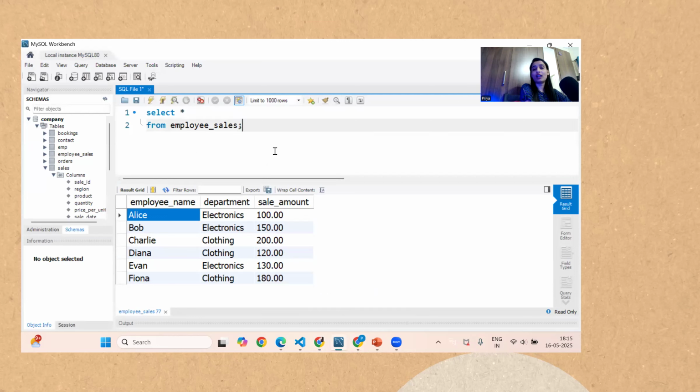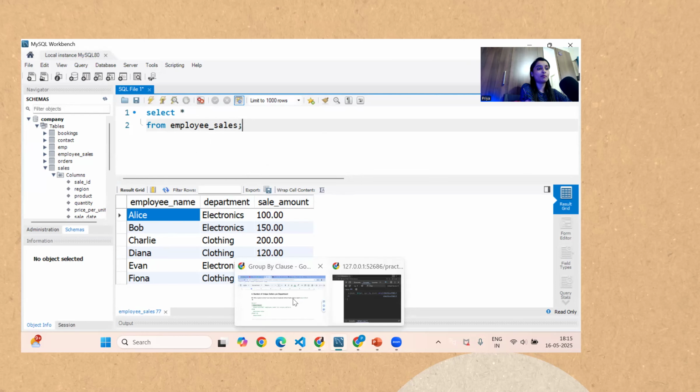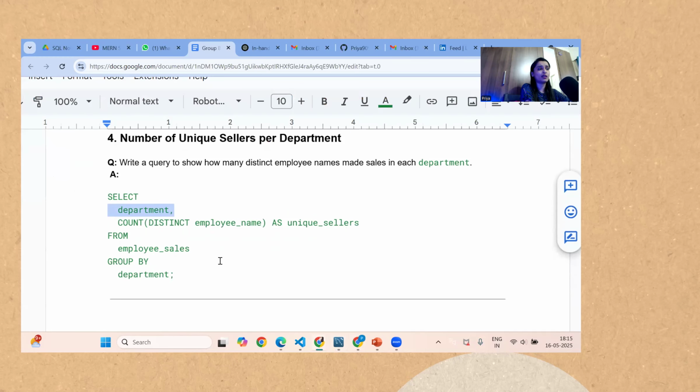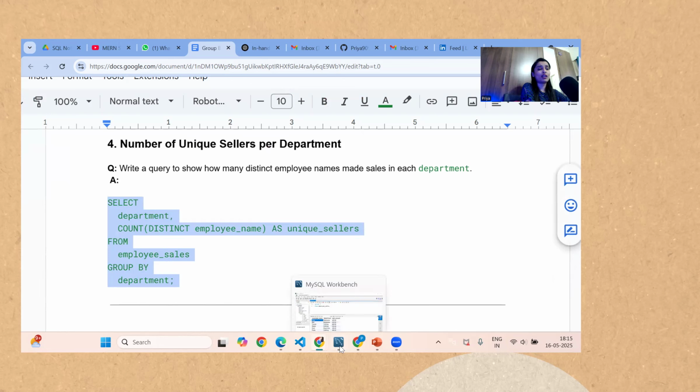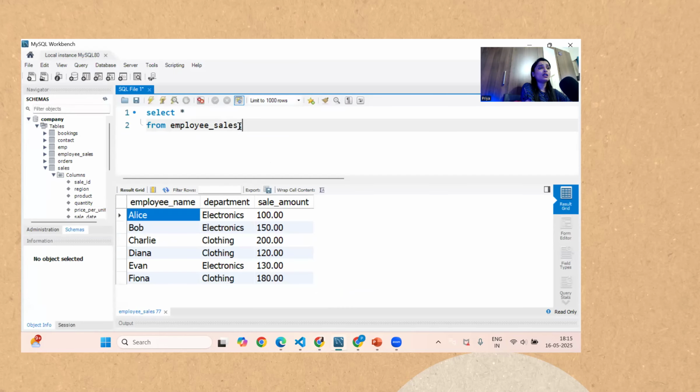So in this case, what will happen, guys? We have to first group by department. How many departments do we have? So from that department, we have to display distinct employee names. Is this the same? Yeah, this is the same. Actually, this question does not make any sense, guys, because they are telling from this department display distinct employee names. So what will happen? We will tell here